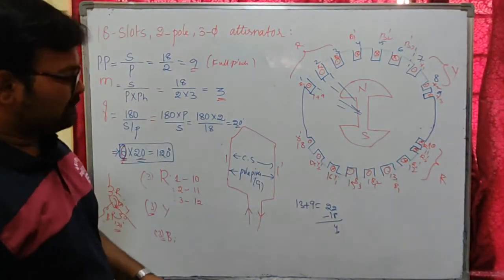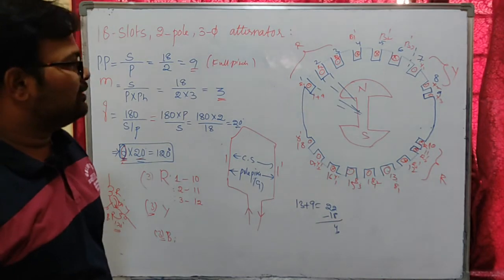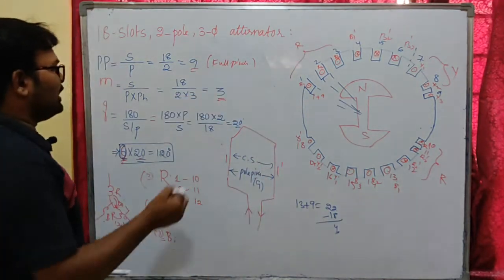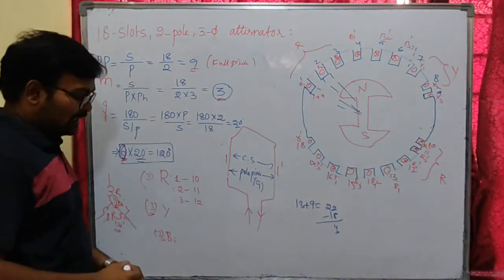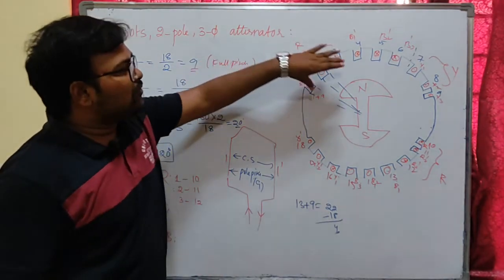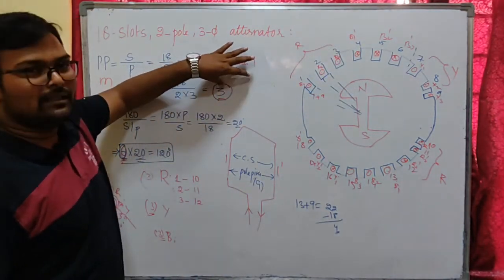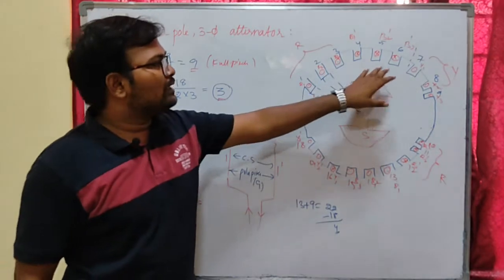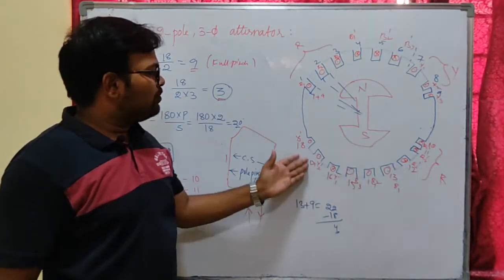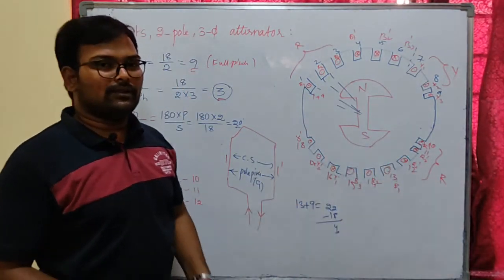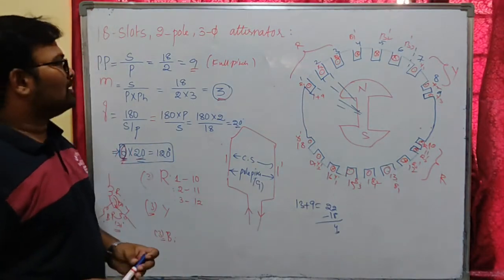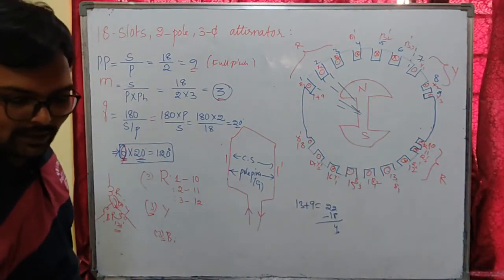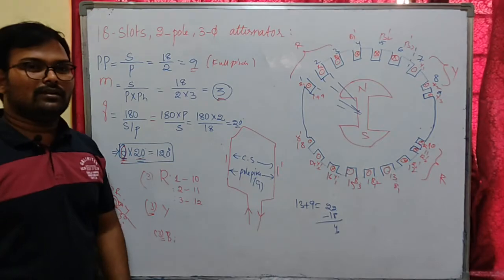I hope you understand the placement of windings in the slots. Okay, for R phase, these 3 will give the information about how many slots are available for each phase under one pole. So that is 3 here. That means for north pole we will be having 3 slots for each phase, and under south pole also we will be having 3 slots for each phase. So that is the idea. So with this you have understood the placement of windings. So we can start with pitch factor and distribution factor further. Okay, thank you.